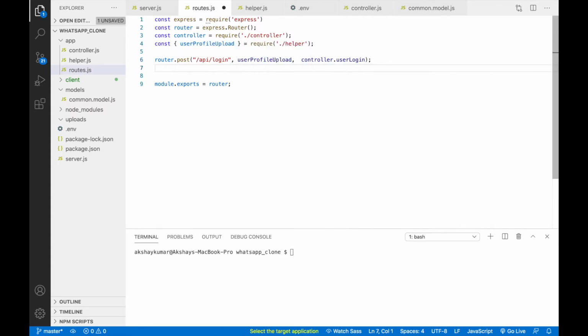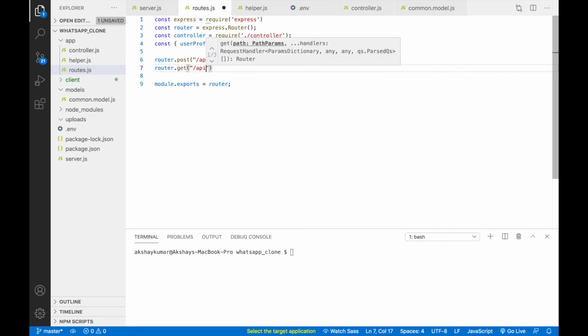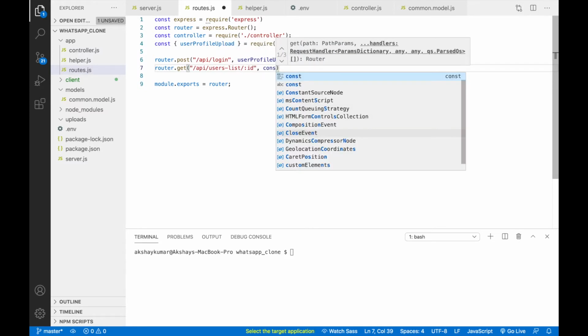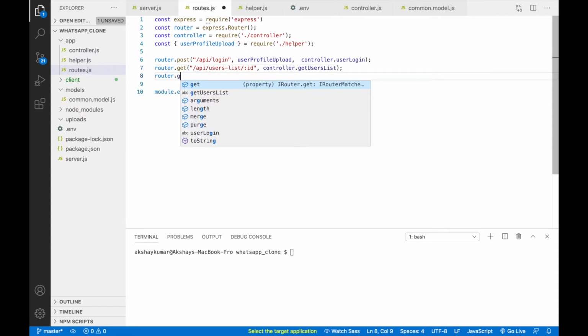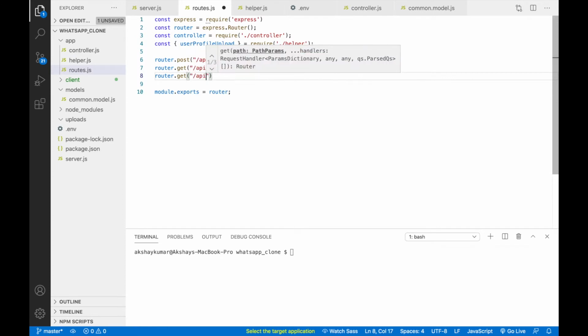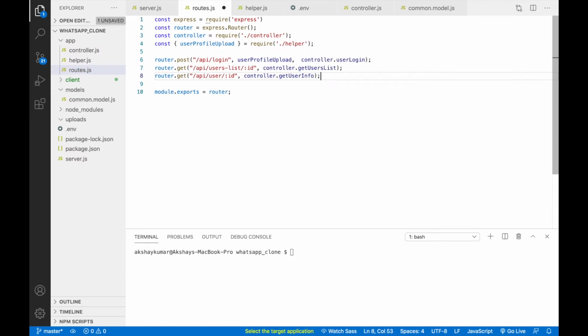Now the second API is router.get, and here /api/users-list/ the session ID of the user, right? And the method name will be controller.getUsersList. Now the third API will be get /api/user/:id. So here also controller.getUserInfo.